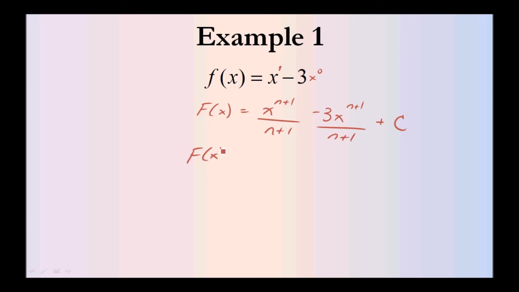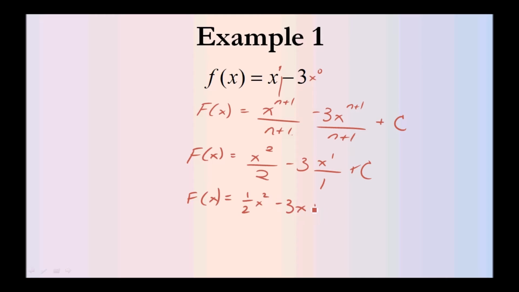Thus, big F of x is x, here n is 1, so x squared divided by 1 plus 1, which is 2, minus 3 times x to the 0 plus 1 divided by 1, plus c. This can be more easily written as big F of x is equal to 1/2 x squared